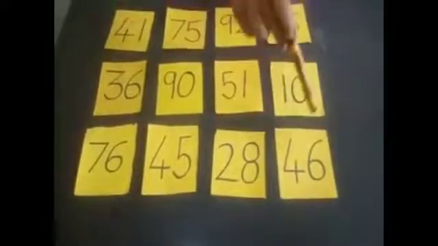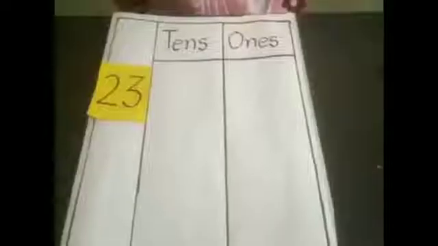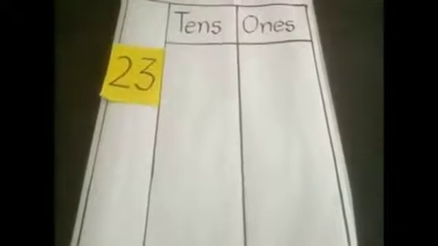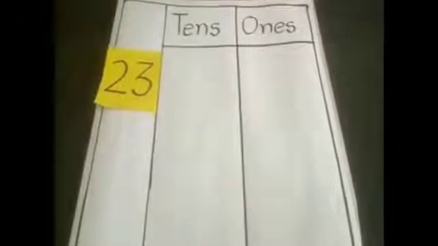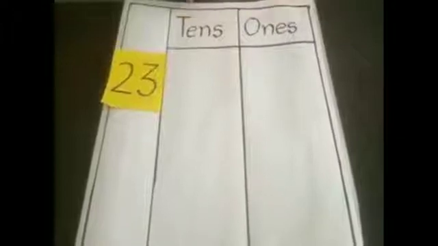Every 2-digit number is made up of a tens and ones place digit. Here tens and ones are like rooms. Just like each of us has our own room, in this way tens and ones places have their own room. They don't want to share their rooms, so each digit likes to stay in a single room. Now we will see examples.